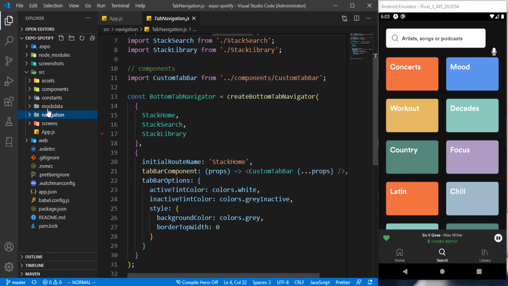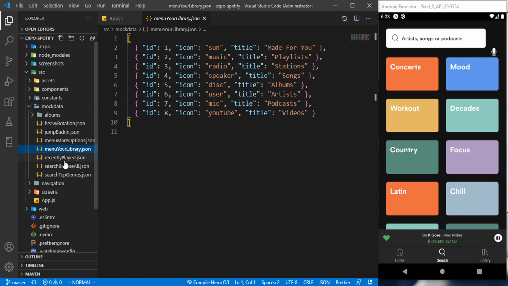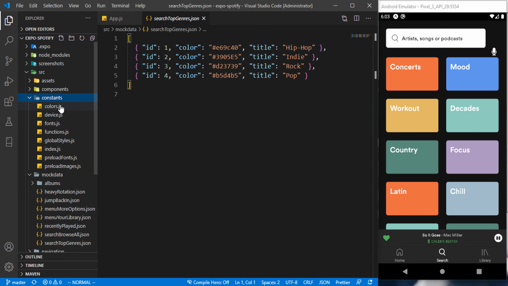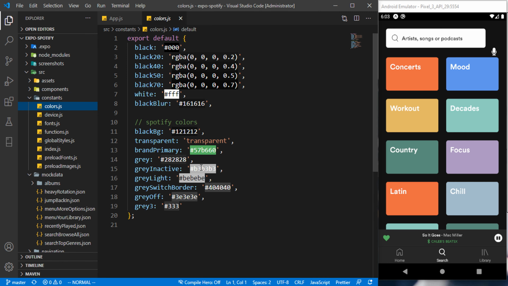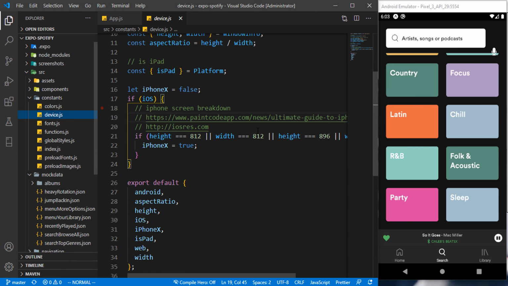So we can go over to mock data. In mock data, this guy arranged the musics in a JSON format, and also the categories, everything. And the constants is where he defined all the colors. I think one of these colors is here. And he also defined